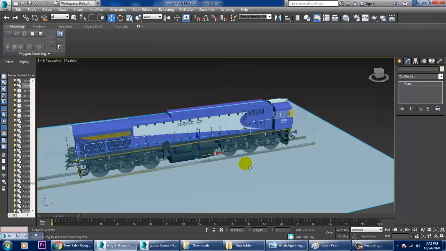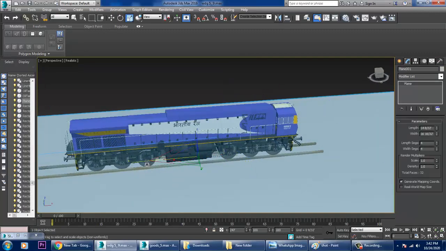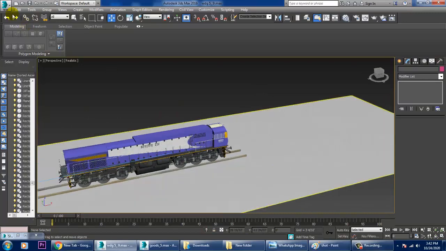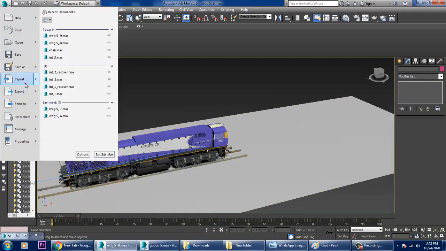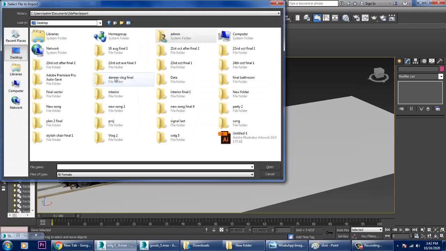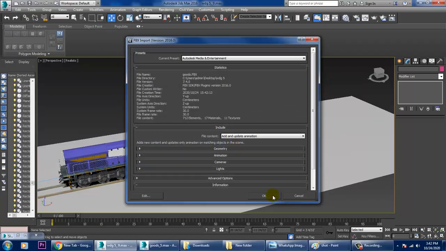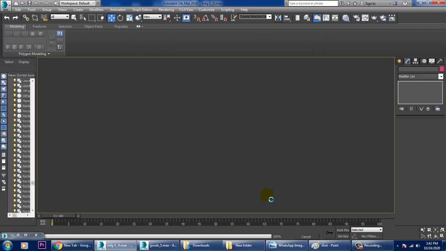We can just resize this. So go into file, import. It's your goods FBX. Click OK. Let's see.